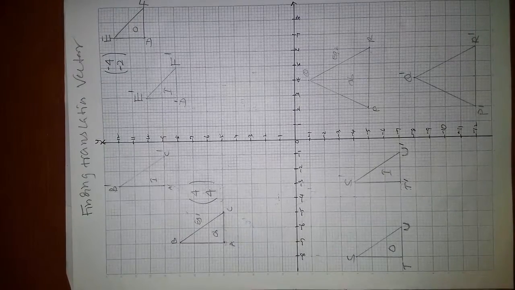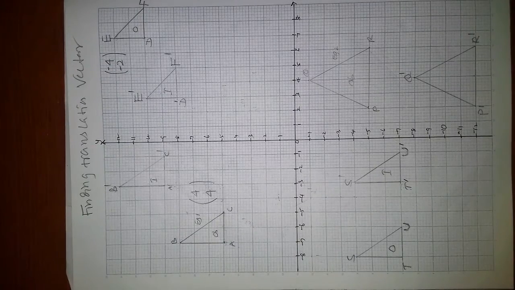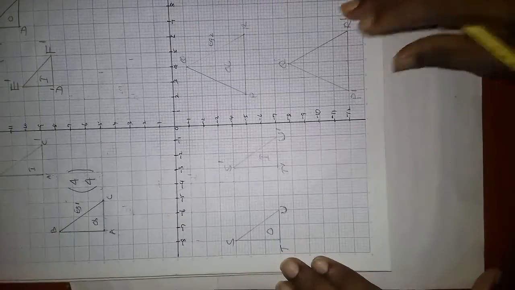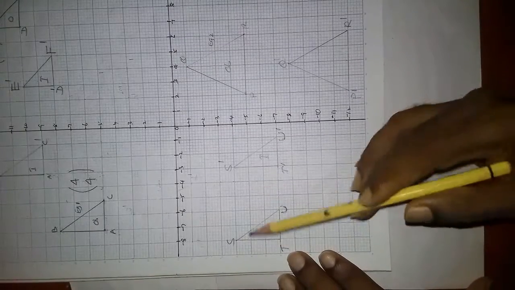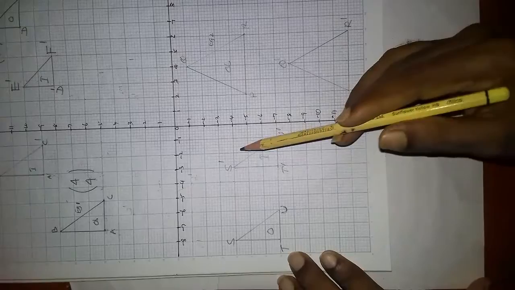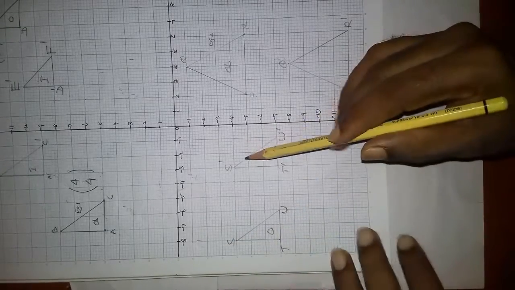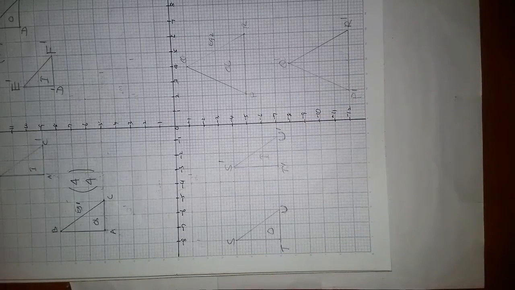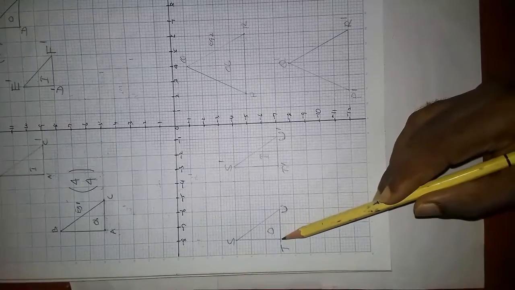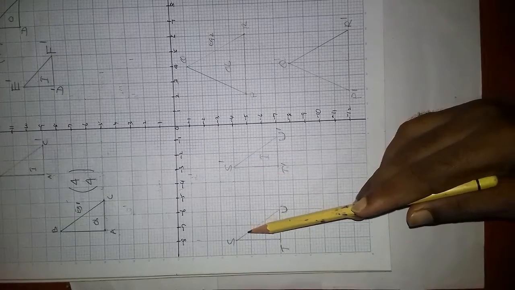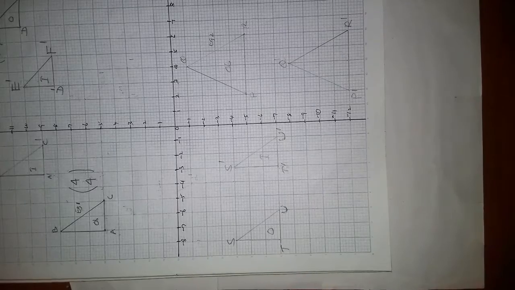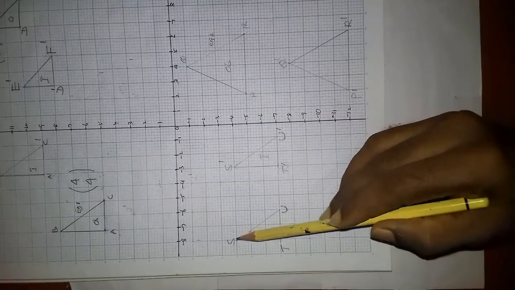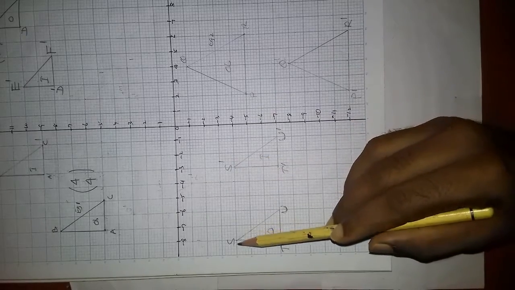So now we will go to this example. Look at this example where triangle STU is translated onto S dash T dash U dash. Now again, if you choose a pair of corresponding object and image points, see the movements horizontally and vertically. Now look at S. You have to go from the object point towards S dash, vertically and horizontally.